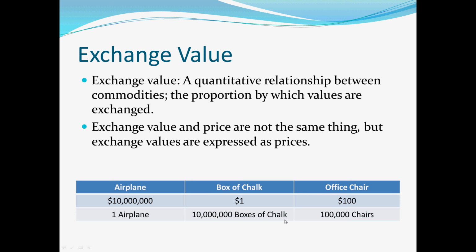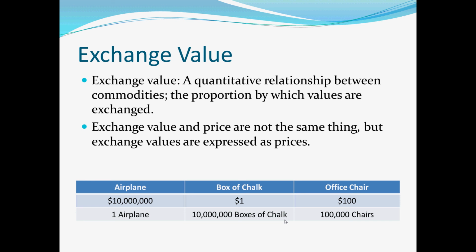So these are three very different items in terms of their use value, but they can be made equivalent to each other in terms of their exchange value. So one airplane is equal to 10 million boxes of chalk. We can directly compare one airplane to 10 million boxes of chalk in terms of their exchange value. They're exactly the same thing. There's no difference. If you have an airplane hangar with one airplane in it, and you have a factory or a warehouse with 10 million boxes of chalk in it, they are identical. There's no difference between them in terms of